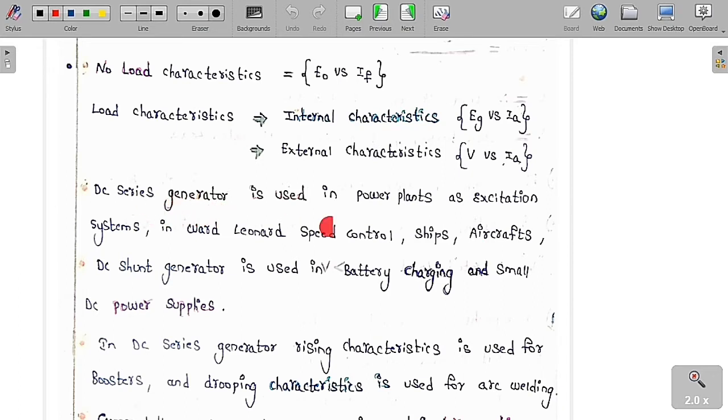So the DC series generator is used in power plants as excitation systems, for producing the field current in the field winding of the synchronous machines in power plants. And also in Ward Leonard speed control we use this DC series generator, and also in ships and in aircrafts. Whereas the DC shunt generator is used in battery charging, because in a DC shunt generator, the terminal voltage